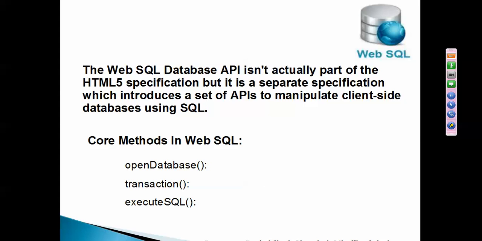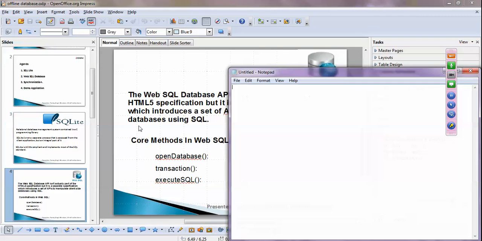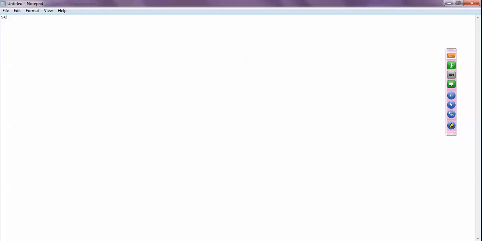If you look at the structure of executeSQL, you're going to create a transaction over the DB, and then on that transaction object,